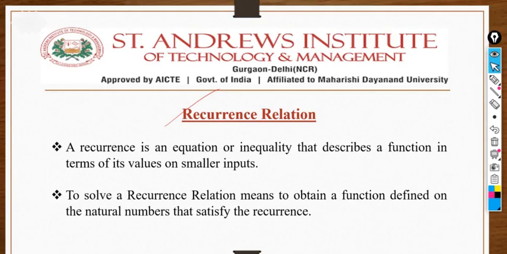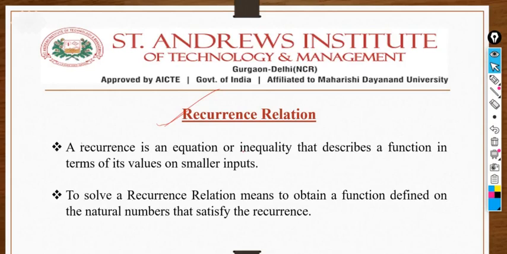After the designing of the problem, we want the solution for that problem. In order to get the solution, we need some kind of recurrence relation. That's why we need to study the recurrence relation. With the help of recurrence relation, we can find out the time complexity, how much time is taken by the algorithm in proceeding, so how it is going on. In order to get the recurrence relation of any algorithm, we have a short study here.